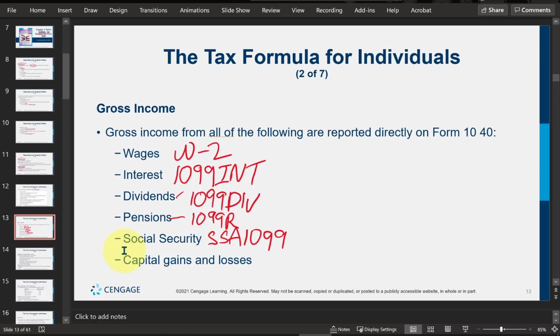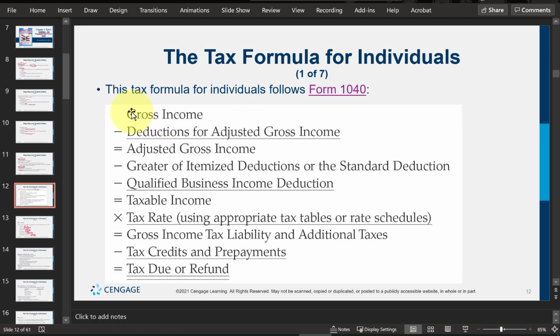At the end of the semester, we're going to learn about something called capital gains and losses. Many times that's reported to the taxpayer on a form called 1099-B, B for broker. Again, you would combine all of these incomes or report them on a 1040 form. But what we do on the tax formula is just take one big total and put it here in this